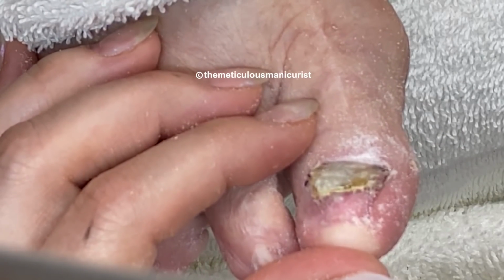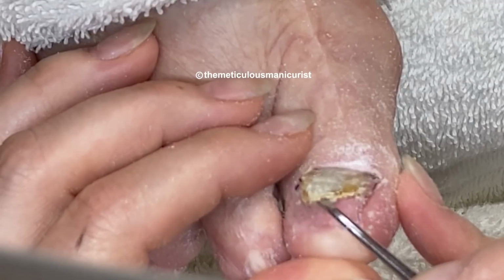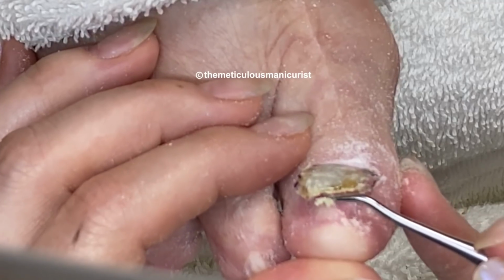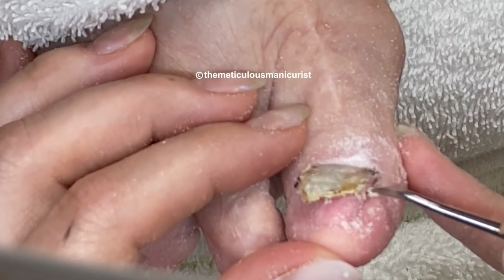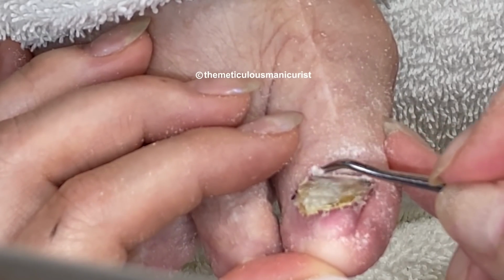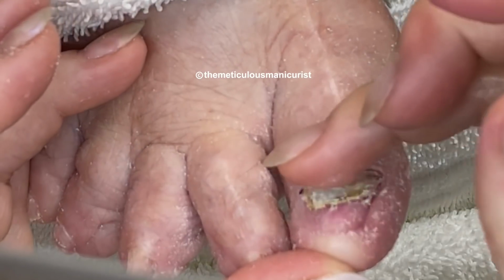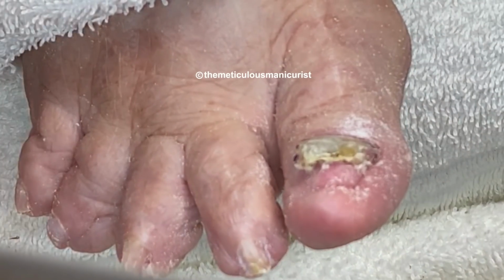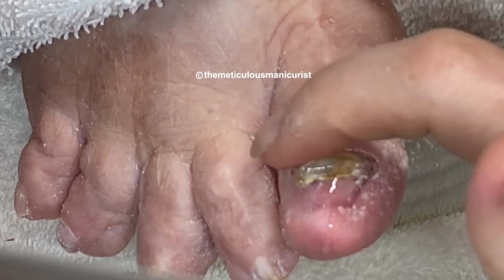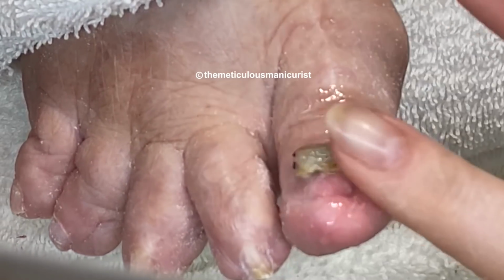Yeah, see, the nail can't reattach to your nail bed if it's got all of this buildup underneath there. So you've got to keep all of that cleaned out. And then sometimes the nail bed tissue changes and it won't allow the nail plate to reattach. So now I'm just going to thin this out and try to shape it like a normal nail. Going and having this taken off is completely up to you, whether you want to go through that healing process. It'll probably